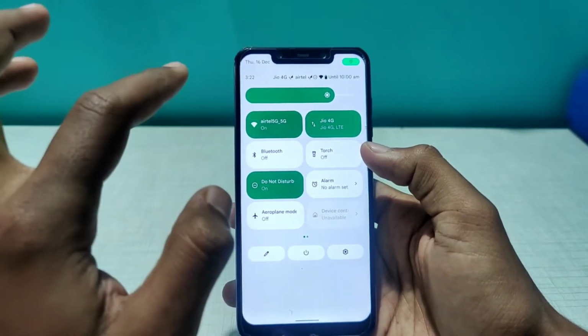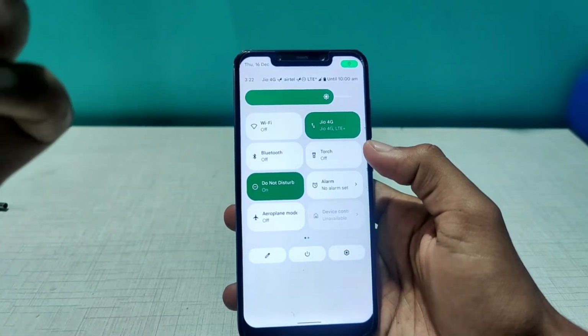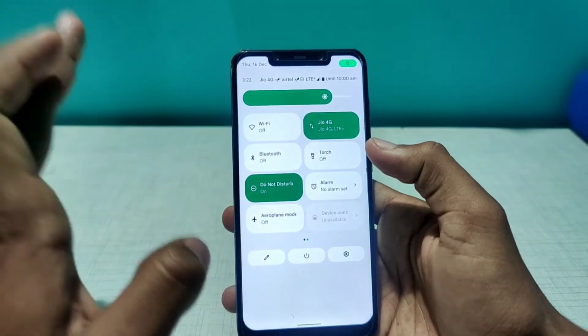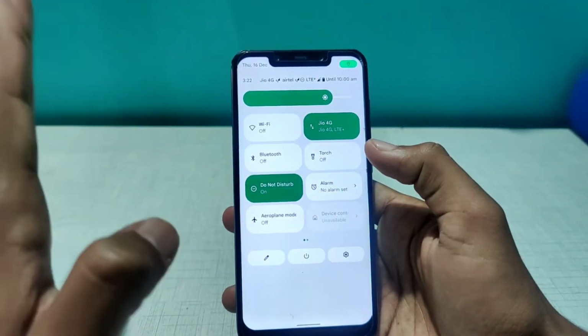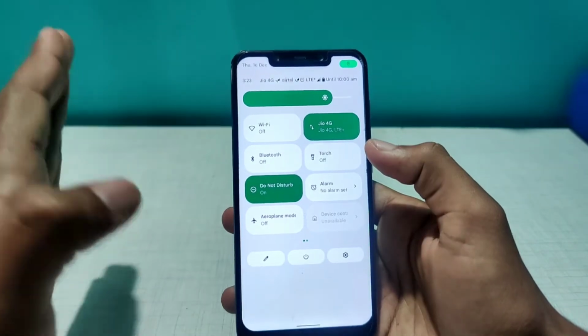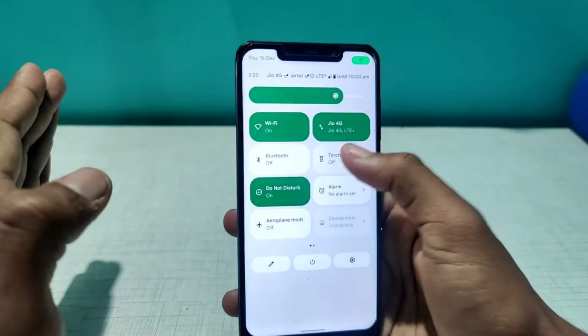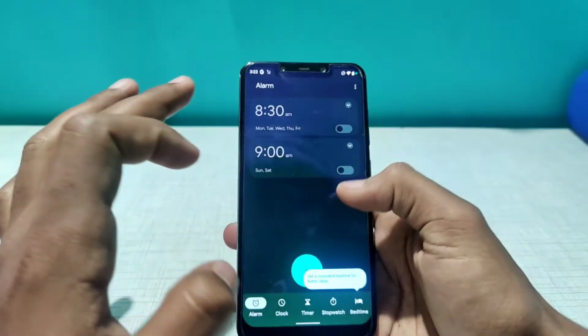And here you will see the internet option. Before today, it was internet here, and now they have separated mobile data as well as the Wi-Fi. Before it was internet, but now in the latest Android 12 it is Wi-Fi, just like old times, right? The torch works super fine. As you can see, the Bluetooth works super fine, alarms, everything is right over here.